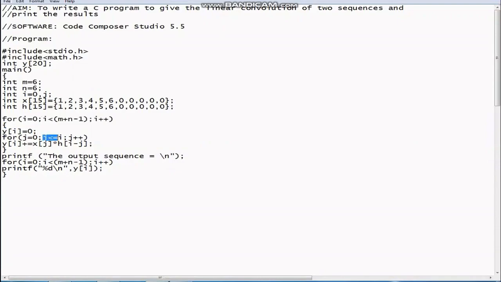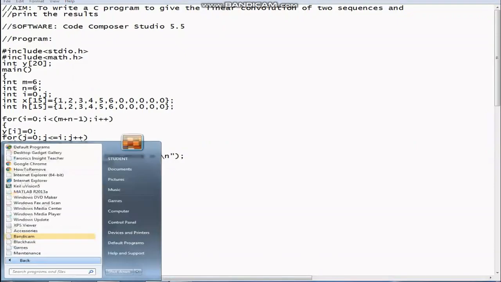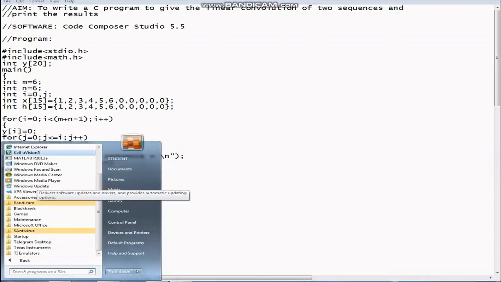We are initializing y of i to be 0. We are checking the condition j should be less than or equal to i. Then we are running the equation of convolution. Then we are recording the output sequence. In order to record the output sequence, we need to generate one more for loop, and we need to store the values in y of i. Then we need to go for